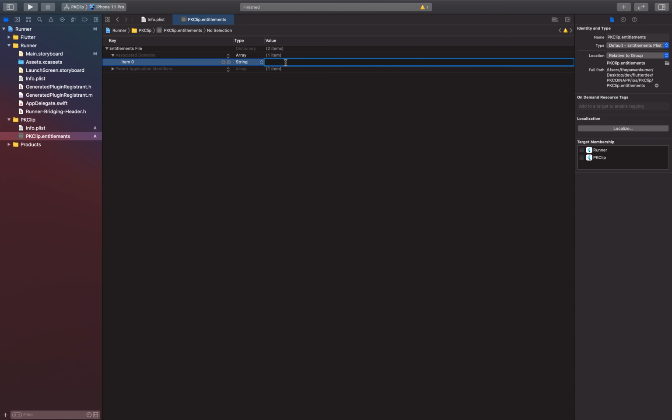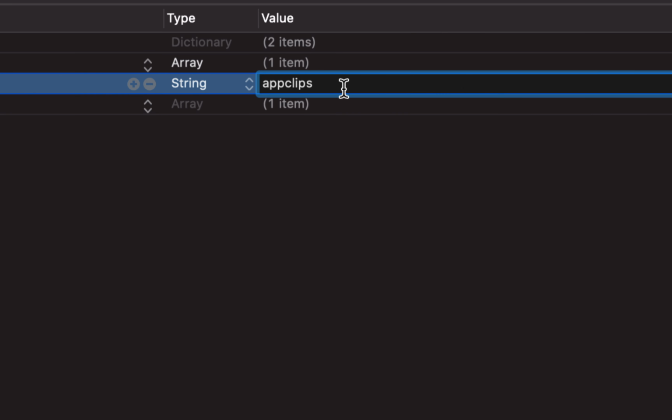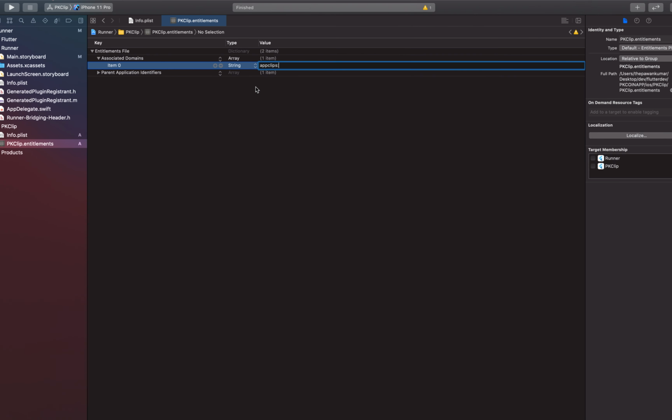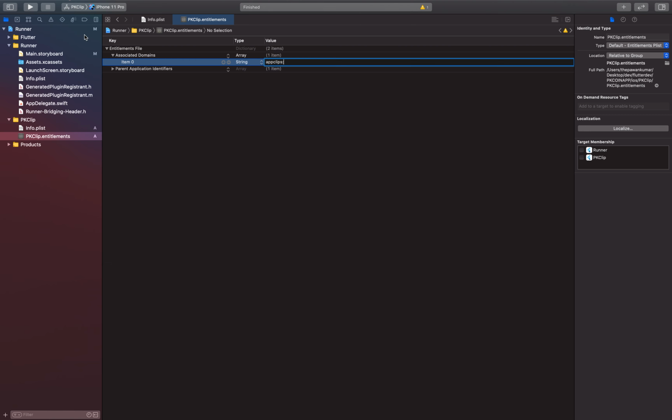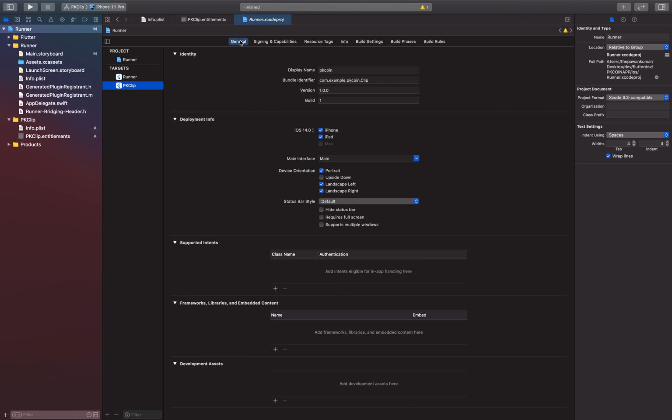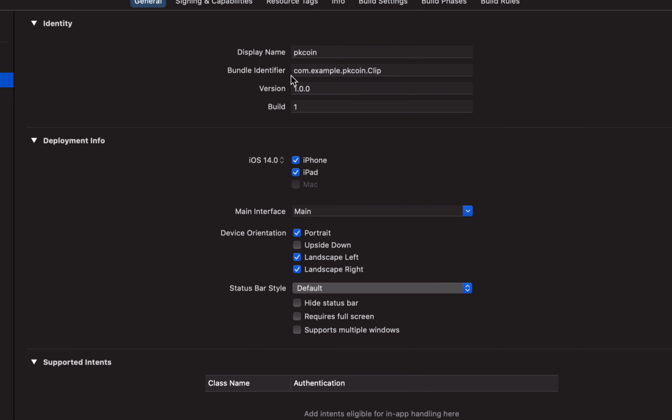So here you have to write very specifically the same thing which I am saying right now. Basically you have to write appclips. Let me zoom a little bit. appclips colon, and then you have to give the bundle identifier of your app clip basically. So if I go back to my runner, and see pkclip and go to general, I can see this is my bundle identifier, right? com.example.pkcoin.clip.